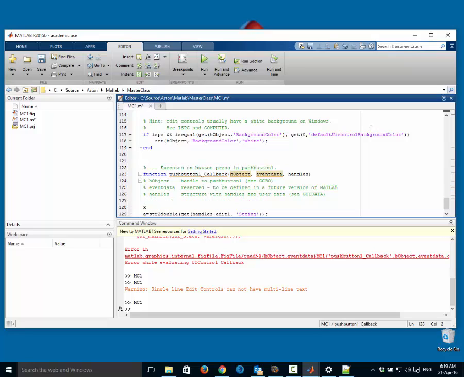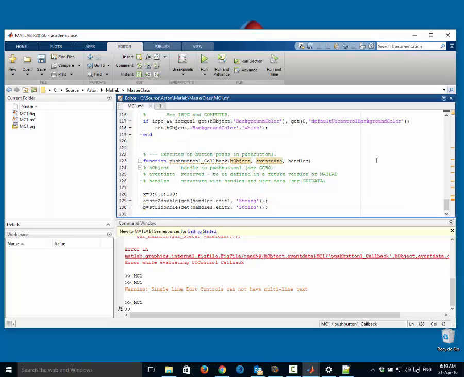I need a variable called x, and that's going to go from 0 in steps of 0.1 to 100. That's my x variable. And then what I want to do is to say that y is equal to exp, that's the exponential command, to the minus a times x times cos of b times x. Right, so then when I save that and run it,